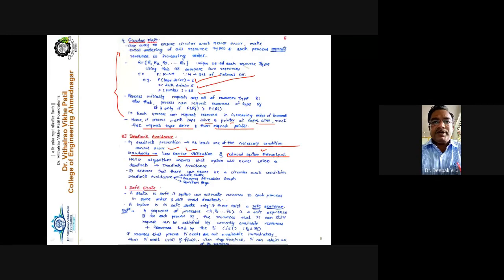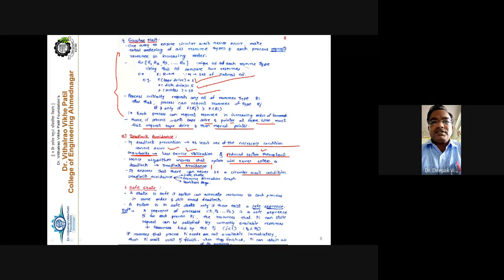an algorithm has been developed that ensures that the system will never enter a deadlock state. That is nothing but deadlock avoidance. Means we are trying that the system will never go toward the deadlock state. We are going to avoid the occurrence of the deadlock in the system. The operating system is going to avoid the occurrence of the deadlock. So how? It ensures that there can never be a circular wait condition.